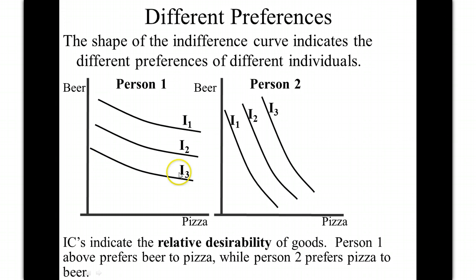So indifference curve I3 offers the same level of utility for each individual consumption bundle. So we're going from a very low level of pizza to a very high level of pizza, yet the utility doesn't change. Utility is constant across the indifference curve. So in this instance, the individual has a very strong preference for the good on the vertical axis. If the quantity of beer increases, their utility increases. So the individual shows a preference for the good on the vertical axis,